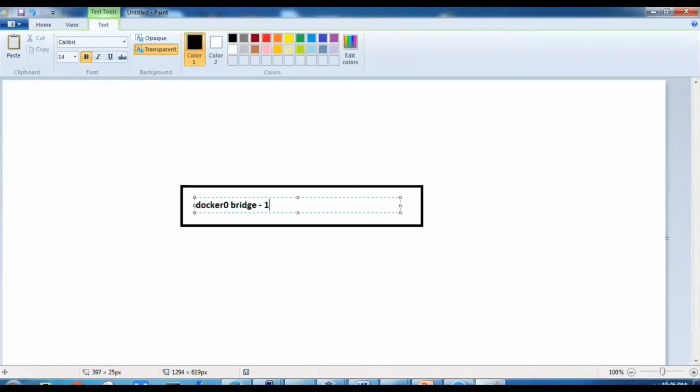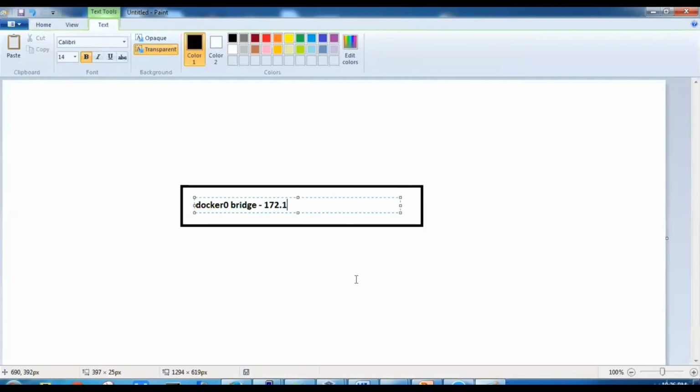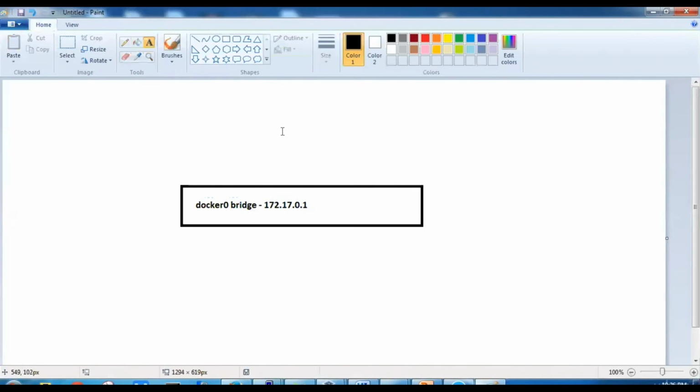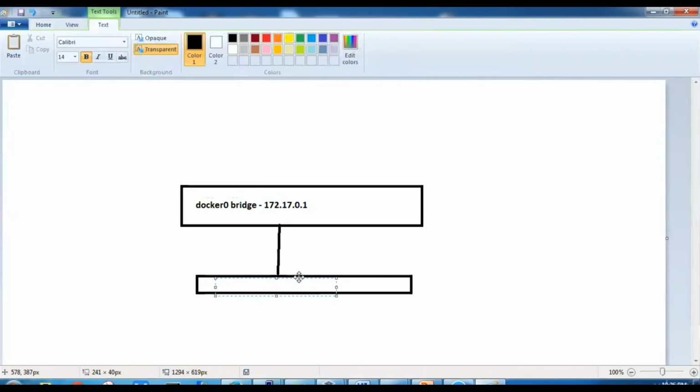Here, if you look, we got an IP 172., so this IP is 0.1. All right. Now this IP will communicate with our virtual NIC because we are operating on Oracle VirtualBox. So we got a virtual NIC, and this will get connected with the virtual NIC.